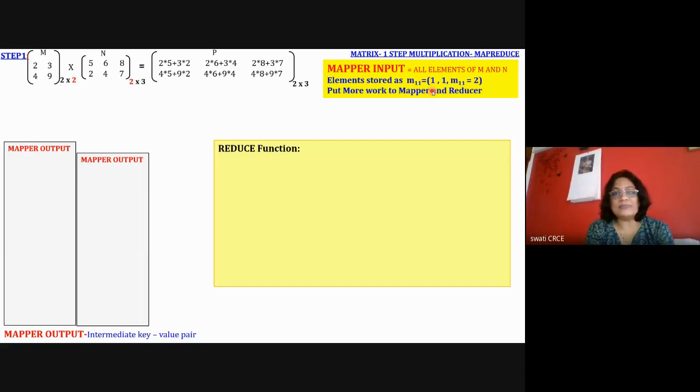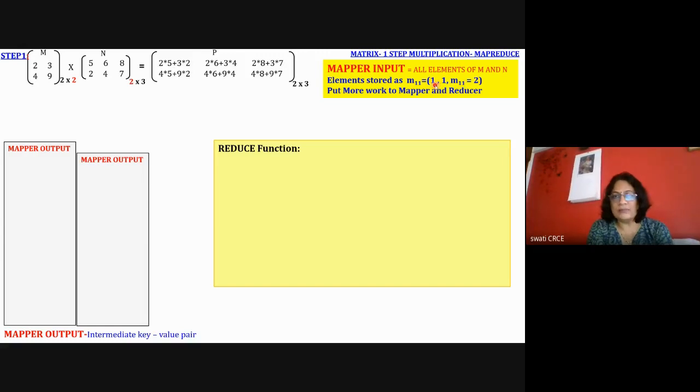But if it is a sparse matrix, it makes sense that a particular element is stored by using three memory locations. The first memory location indicates I, meaning row. The second element indicates column, and the third element indicates the actual element. So the element stored here is 1 comma 1 comma 2, where the first one indicates the row, first row, the second one indicates the first column, and the third element indicates the value.